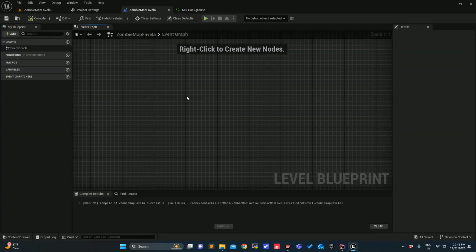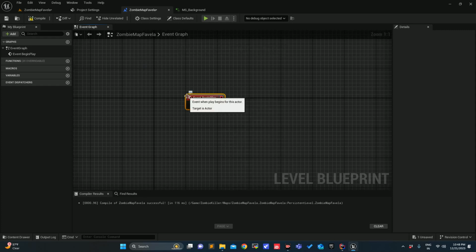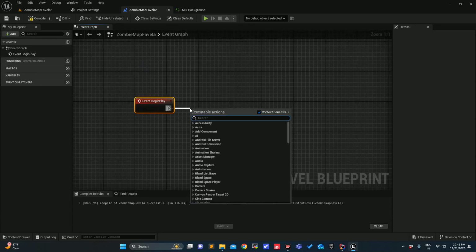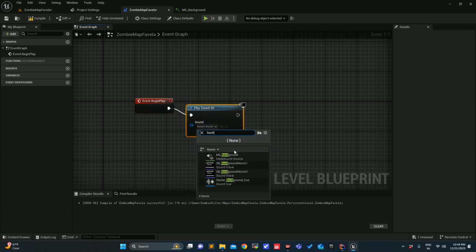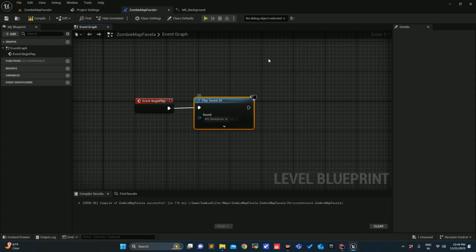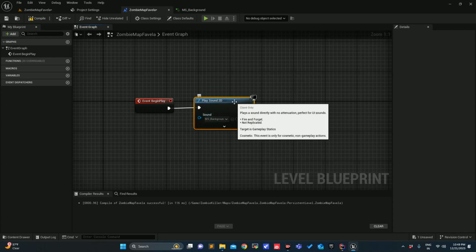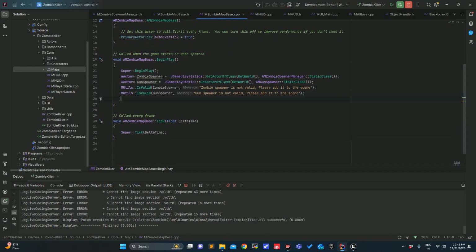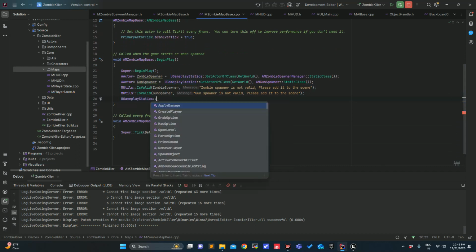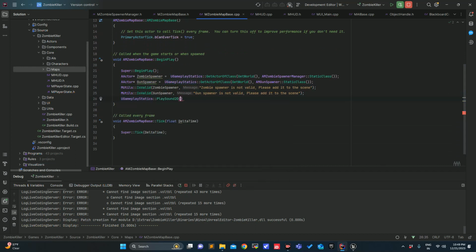Yep. So now we need to play this inside our level blueprint. One of the options is that you can easily use begin play, and now we are using the parent class of this function. One of the options is play sound 2D and you can choose background MS. Kind of very easy. The same thing we have to do inside the C++. So in the begin play, you use gameplay statics play sound 2D because it will be running in the background. So get world,